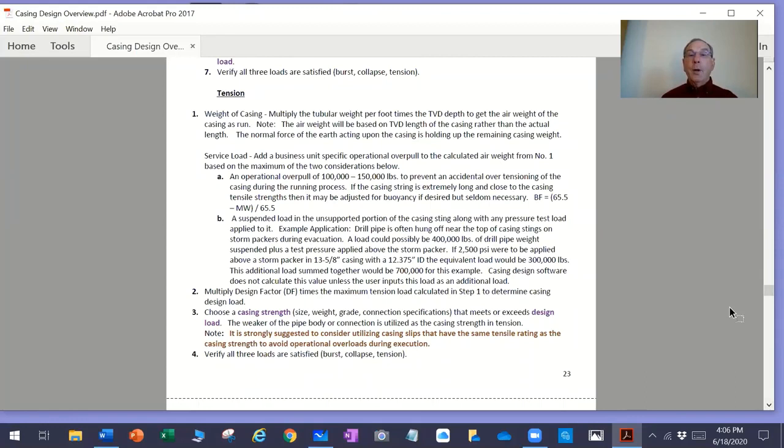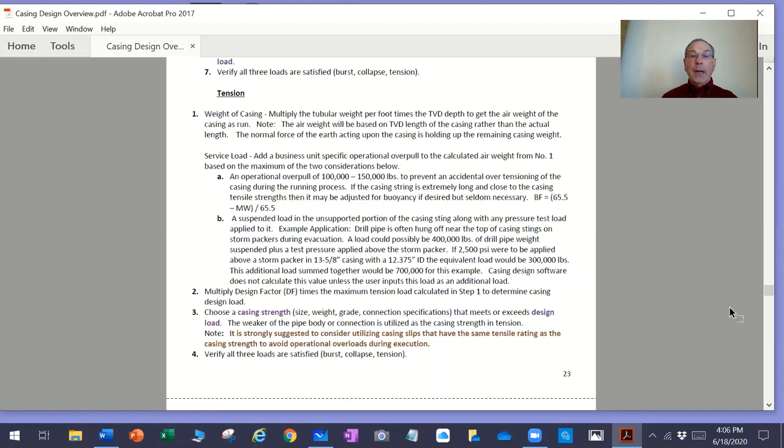You multiply the tubular weight per foot times the TVD depth to get the air weight. And like I say, the air weight is based on TVD because the normal load of a directional well holds up the additional weight. And then the service load, you add a business unit specific service load to it, which is going to be, number A is some amount of overpull that I've already described, to make sure you don't